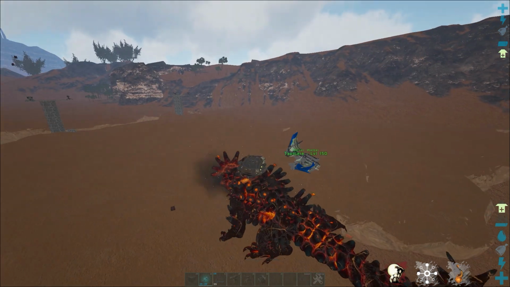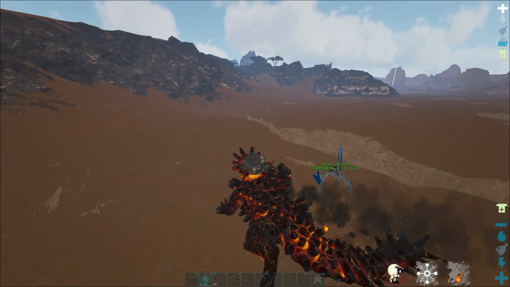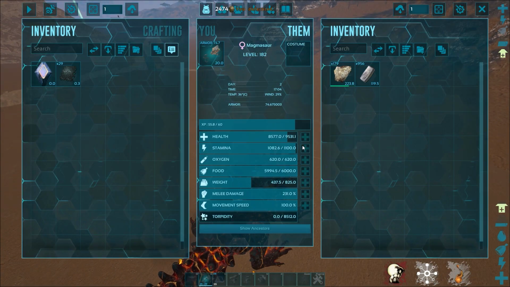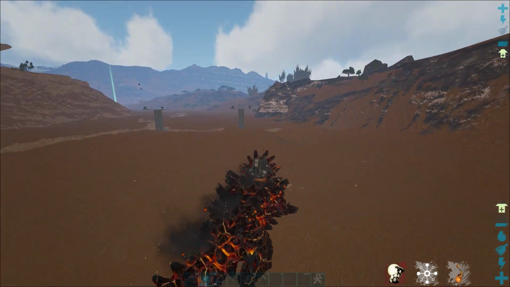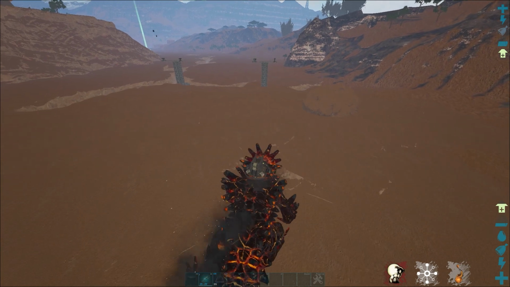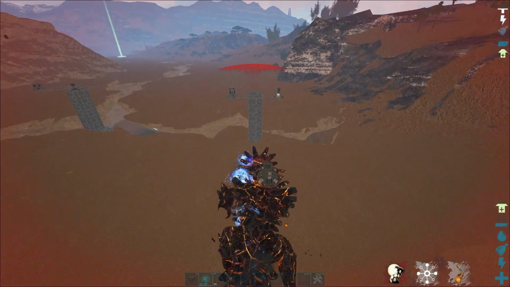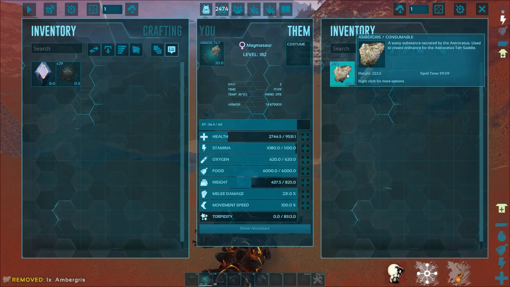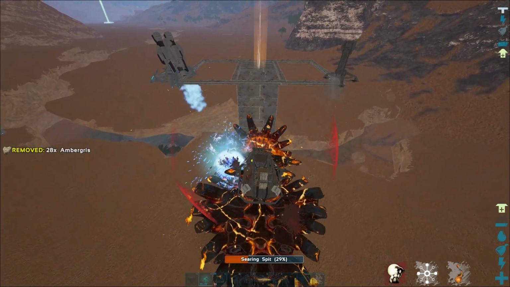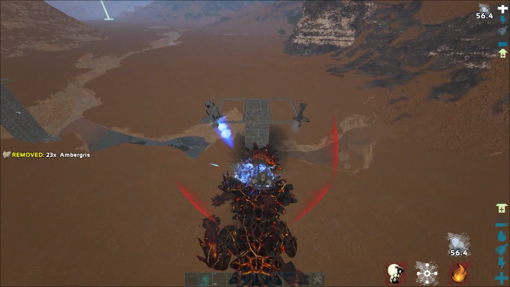So you can basically run to towers, force feed your Magmasaur ambergris, and then continue to go and destroy the thing. I'm going to show you that. Those two turrets are on survivors and creatures, so it's going to shoot my magma. If I run straight to the turret, I'm going to get shot a lot and lose a lot of HP. Then I can just heal myself really quick, charge a bola, shoot it to the foundation, heal myself again, shoot again,